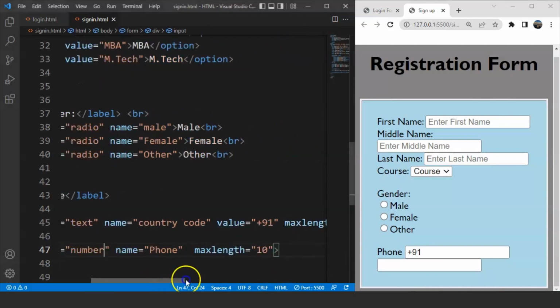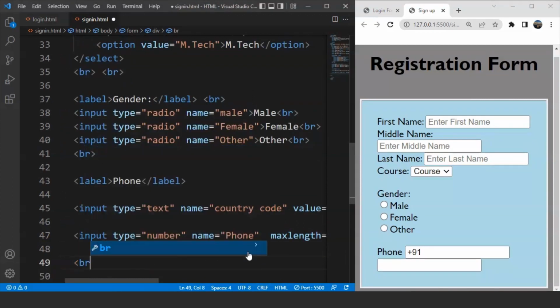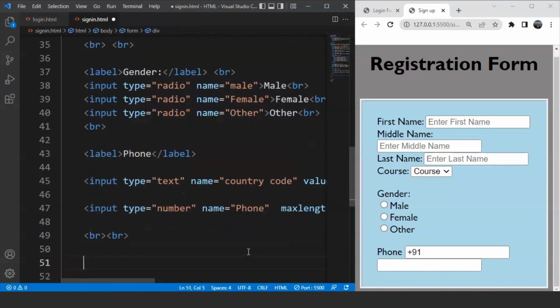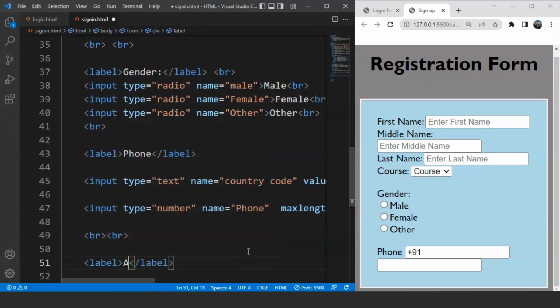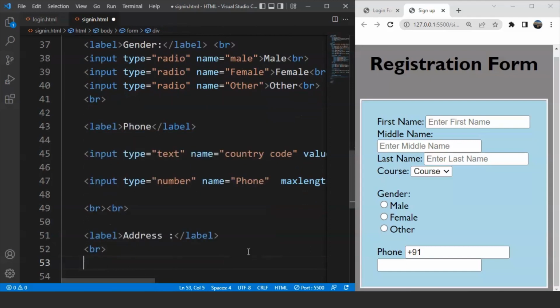Fine. So we are going to use the break tag again. So we'll write here break. Let's use it twice. And after this break tag, what we need is the address. So we'll write here label. Label is going to be address. So we have to write here address. We have to put a colon over here, and after this address we have to put the break tag and